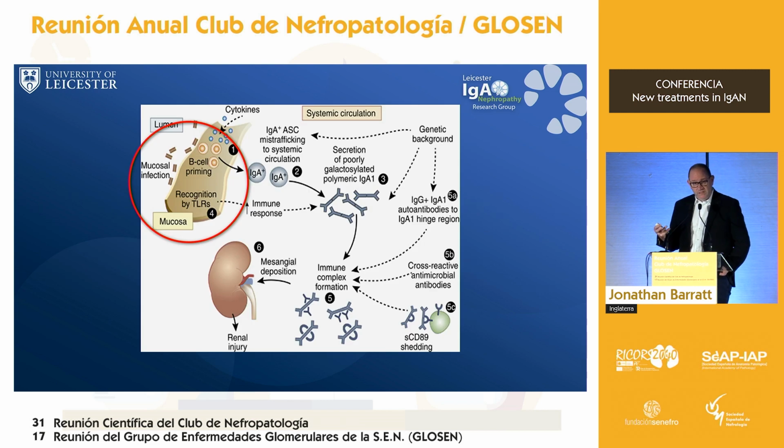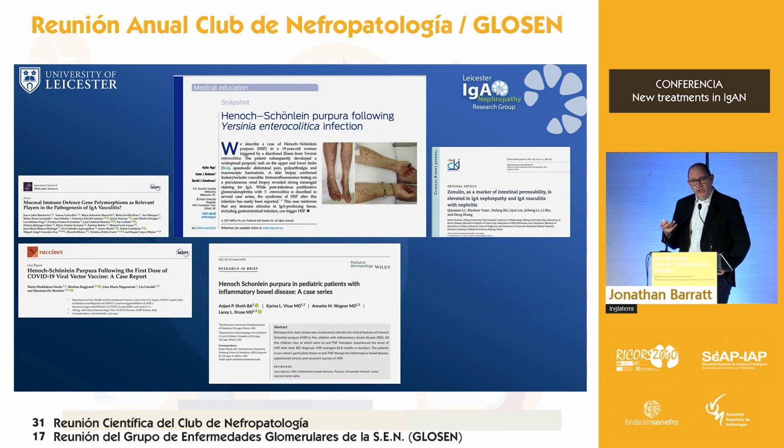Now, we believe that this particular form of IgA comes from the mucosal immune system, the immune system that lines our respiratory tract, our genitourinary tract, and our gastrointestinal tract. I talked you through some data yesterday of the new drug Nefropatología, deliberately designed to target mucosal production of IgA. And indeed, in IgA vasculitis, we see a similar association. You can see cases of HSP exacerbated by gastrointestinal infections. You can see some of the data from the genetic studies talking about an association with genes related to the mucosal immune system related to IgA vasculitis.